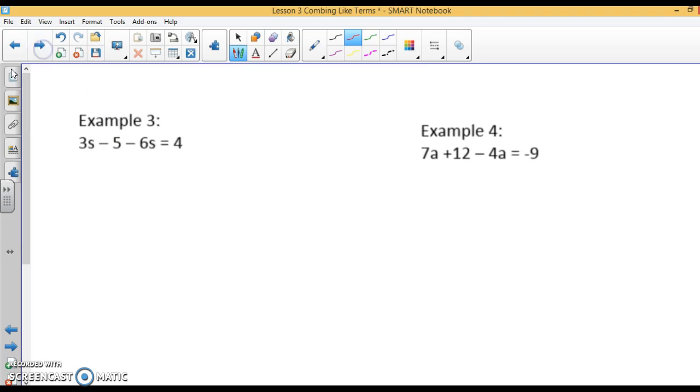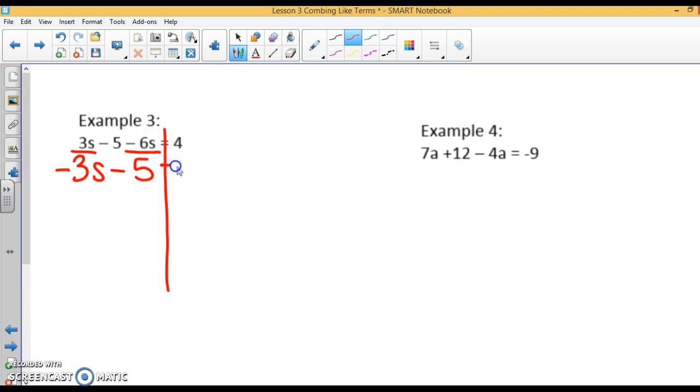If you look down to the next 2 examples, let's do example number 3. I'm going to split this up. Now, I have a 3s, and I have a negative 6s. It's really important that you watch the sign in front of it when you're combining. So since I have a 3s minus 6s, I'll have a negative 3s minus 5 on this side after combining like terms